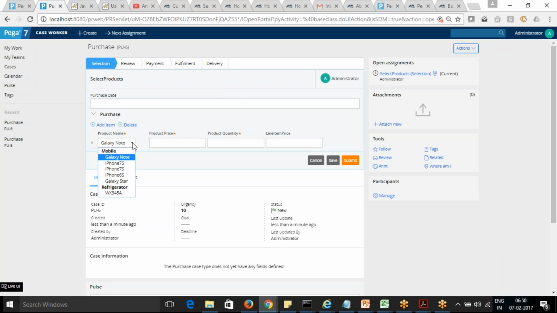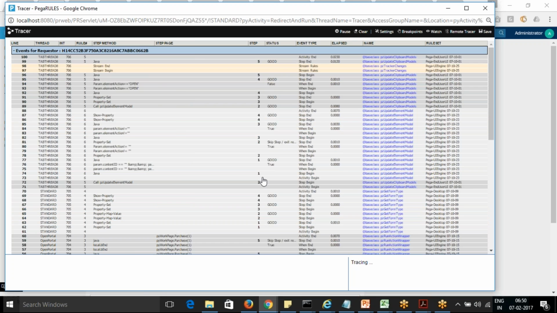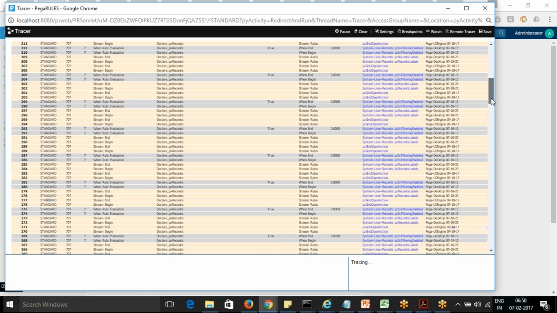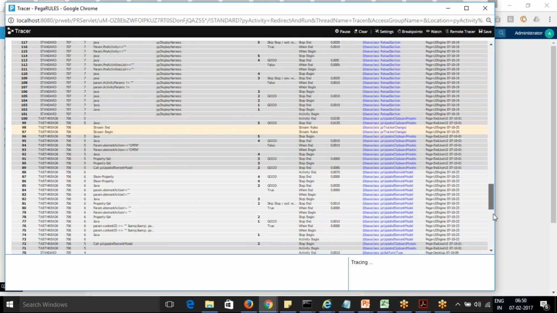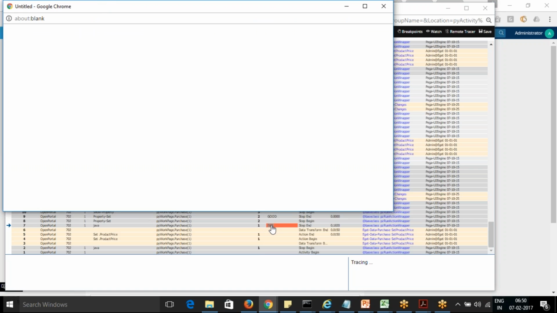So if you see now, I'm selecting the iPhone 7s. So it's done something. In the background, you can see that it's done the data transform. This is the set product price data transform. It's opening that tool and it's taking a lot of time. Something like get failed.